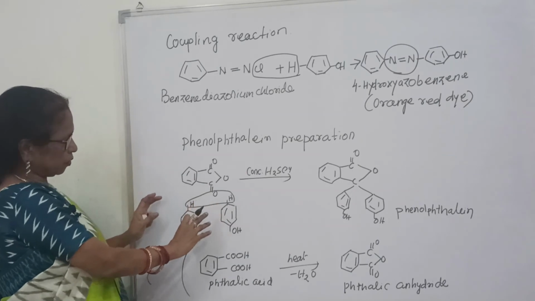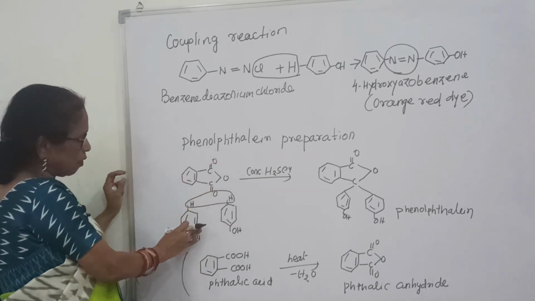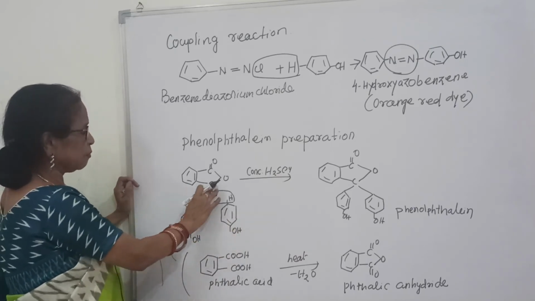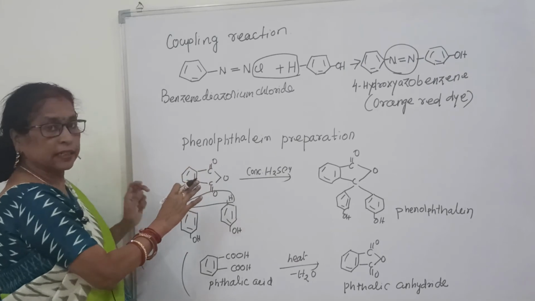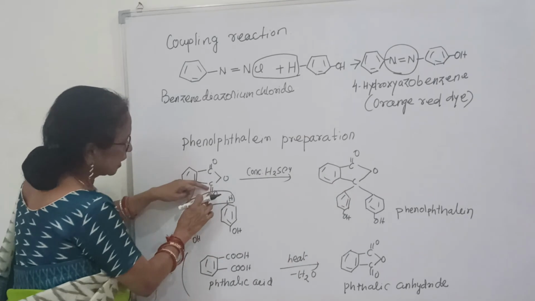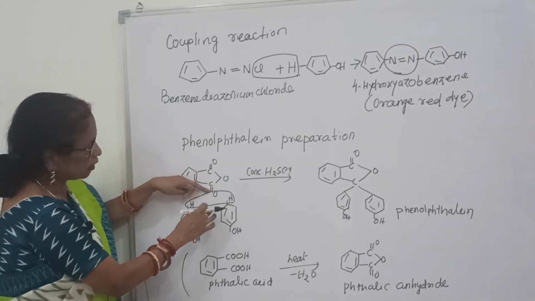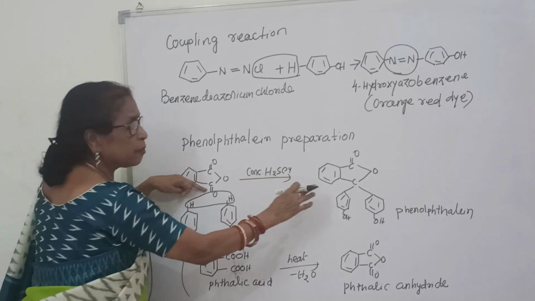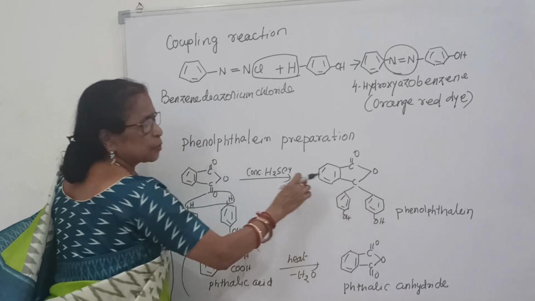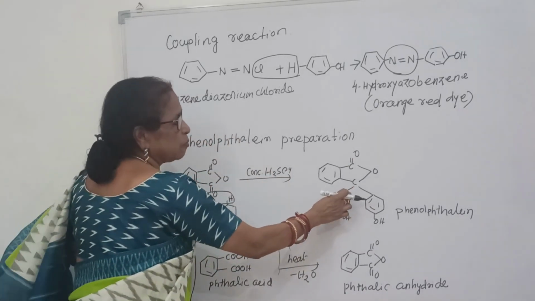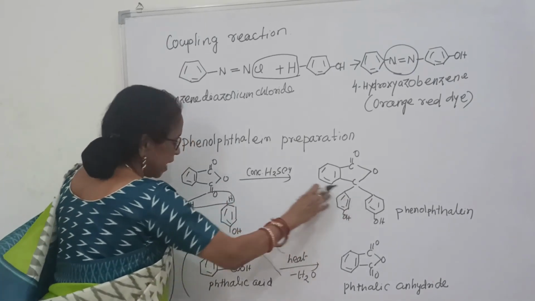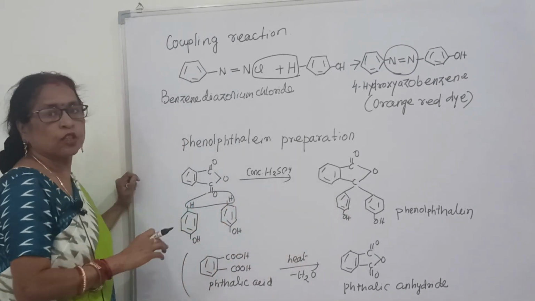Now see how it forms. 1 molecule of phthalic anhydride, 1 molecule of phenol and 1 molecule of phenol here. Then what happened? This is the molecule of water that is taken out, and what is remaining? See, you put this part here as it is, and the double bond is used to form water, oxygen is used to form water, and the double bond changes: one side this bond and one side this bond, so one bond on this side, and this side also 1 bond. Then you put this part here and this part here. This is the structure of phenolphthalein.